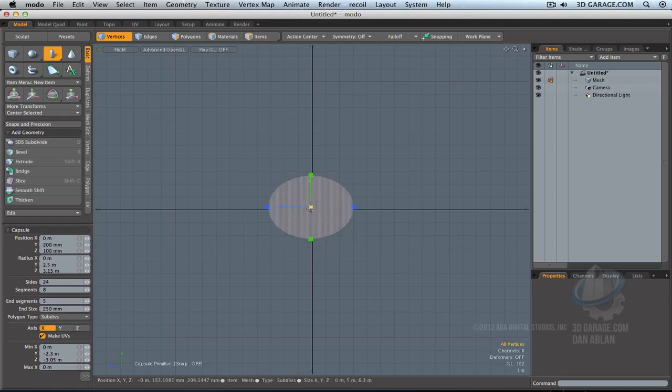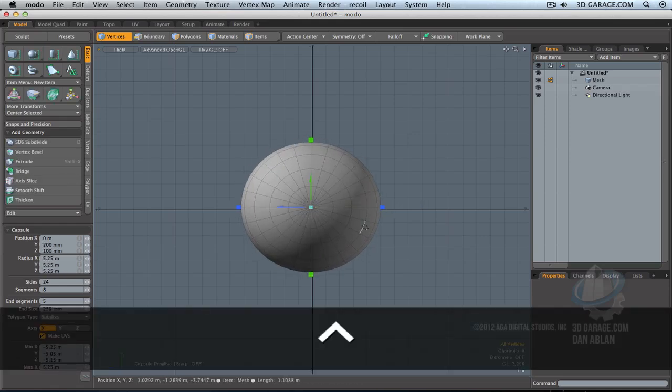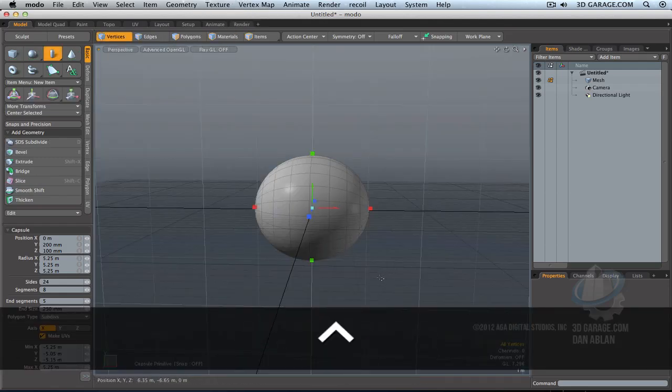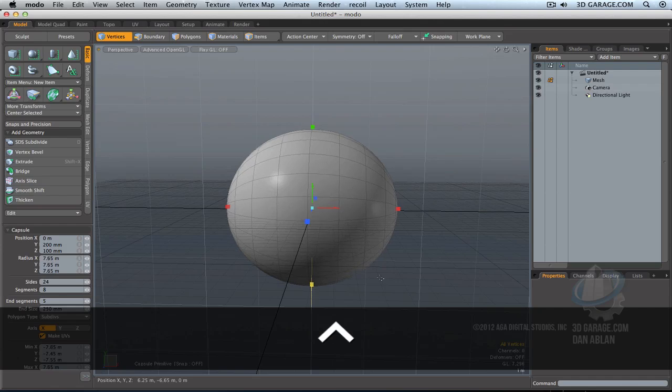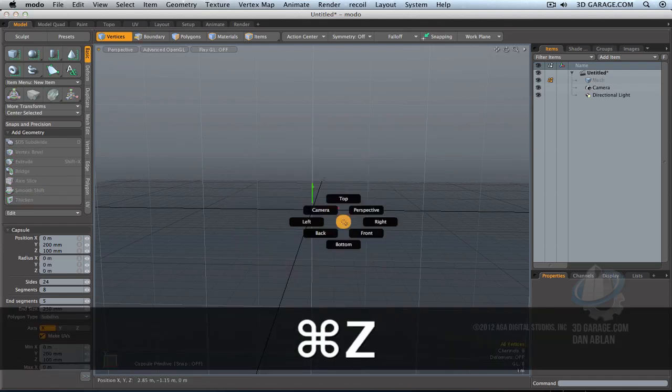Now here's a little trick. If you hold the Control key and draw out, you get a constrained view. And let me go back to my perspective here and show you what this looks like. Control key will constrain all axes, and of course it makes it look like a ball. But the little trick I'm going to show you